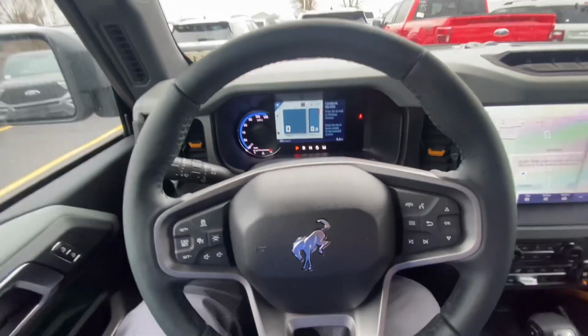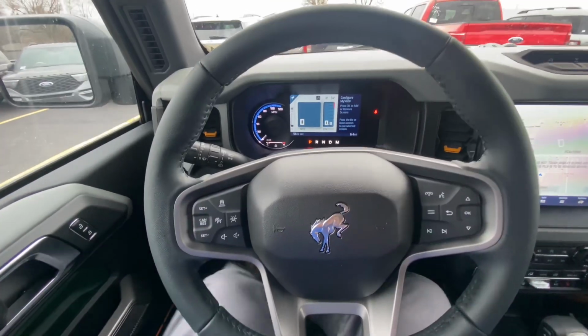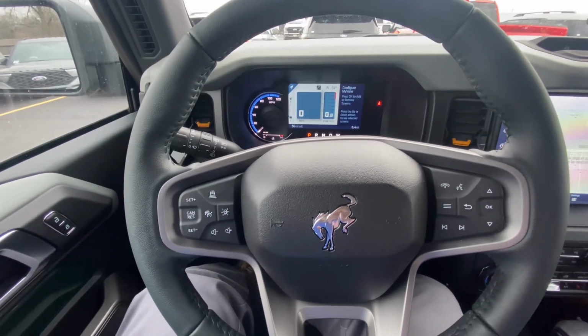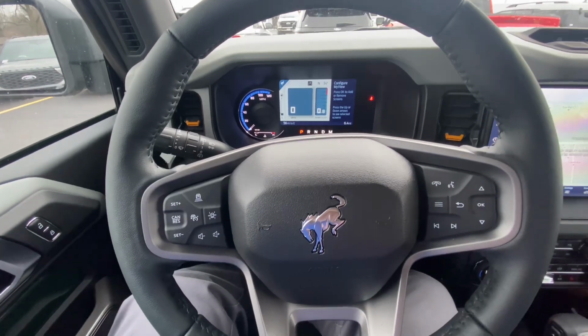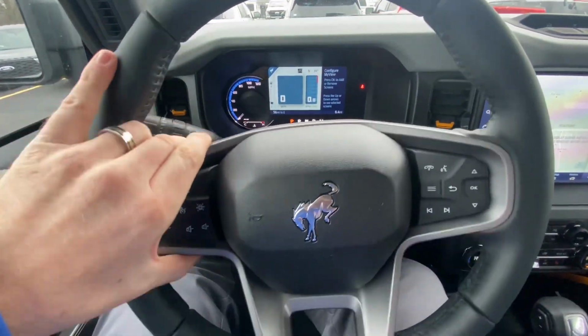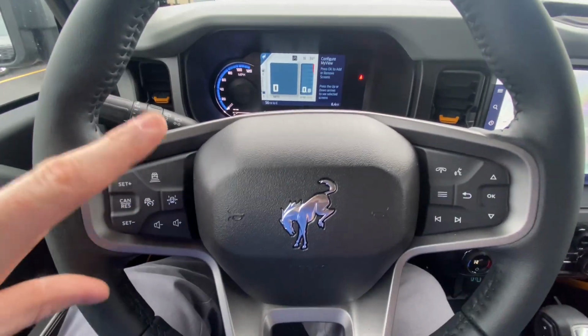All right, so now that we're on the inside of the vehicle here, we're going to go over some of the safety features, some of the cool tech that's in these cars, and all of the different features you get from the Badlands trim level. So jumping into it, looking at the steering wheel right here, you do have your adaptive cruise